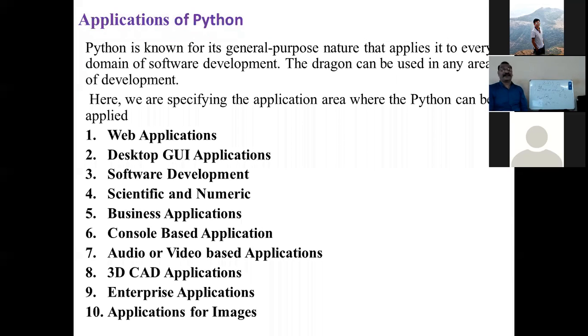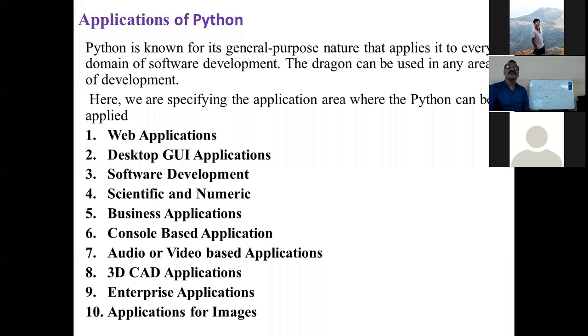All of you know the types of applications. In your software engineering, there is the very first chapter in which there are the applications of software. These are the applications of software, but these are not general purpose.